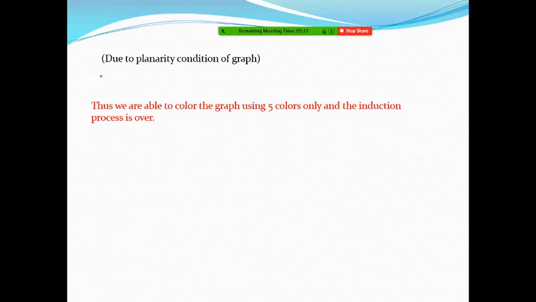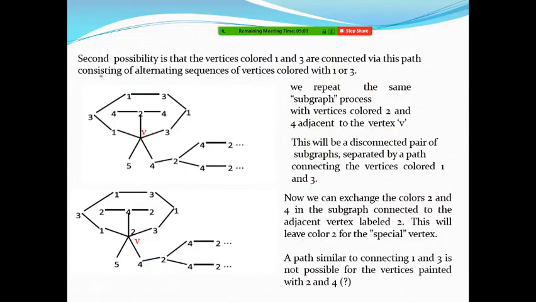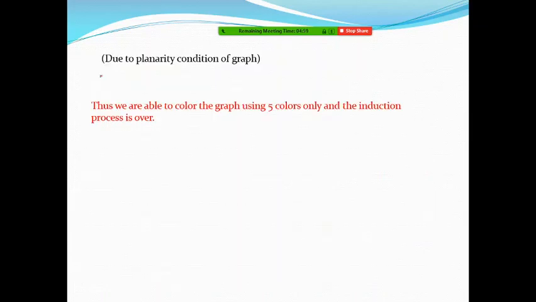So you will see its proof is based upon 633 non-isomorphic graphs, non-isomorphic configurations, and they have shown that in those 633 graphs just 4 colors are required. Then on the basis of that, they have shown that there is no other graph which is non-isomorphic to this, and that means only 4 colors are sufficient. But they were not able to give this type of mathematical proof for the 4 color theorem.